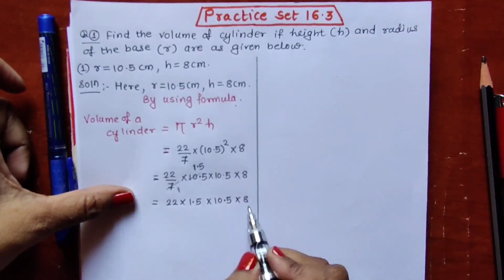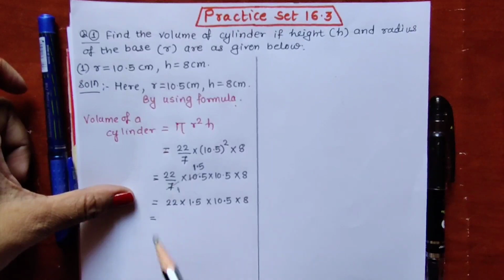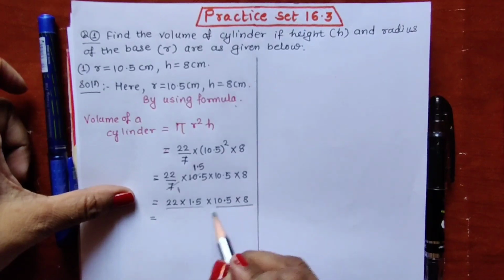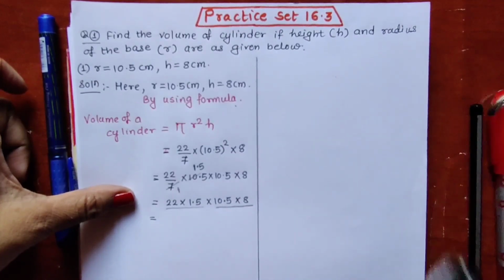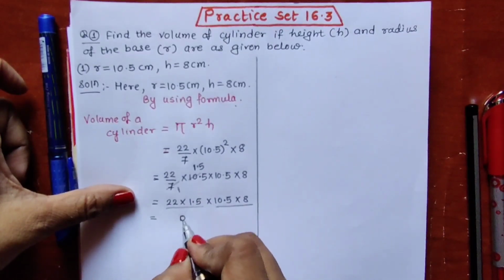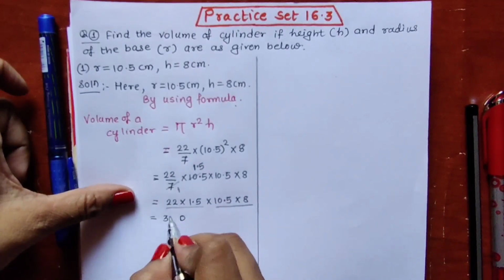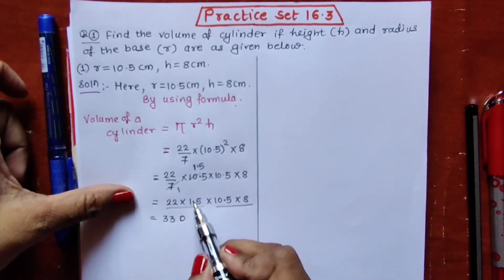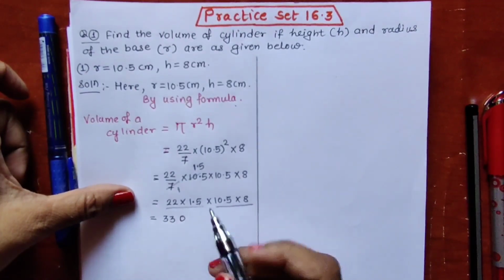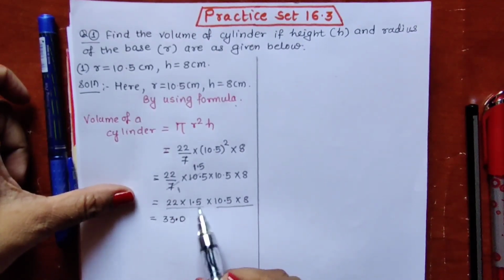We will multiply two numbers first and then we will multiply together. So I will be multiplying 22 into 1.5 first and then 10.5 into 8. These two multiplications I can do orally. 22 into 15. Okay, so 15 2s are 30. 0 written, 3 carrying. Again 15 2s are 30. 30 plus 3, 33. Only one number is having decimal point here. After point 1 digit is there. So in answer also there should be 1 digit after point. So 33.0 is the answer of multiplication of 22 into 1.5.